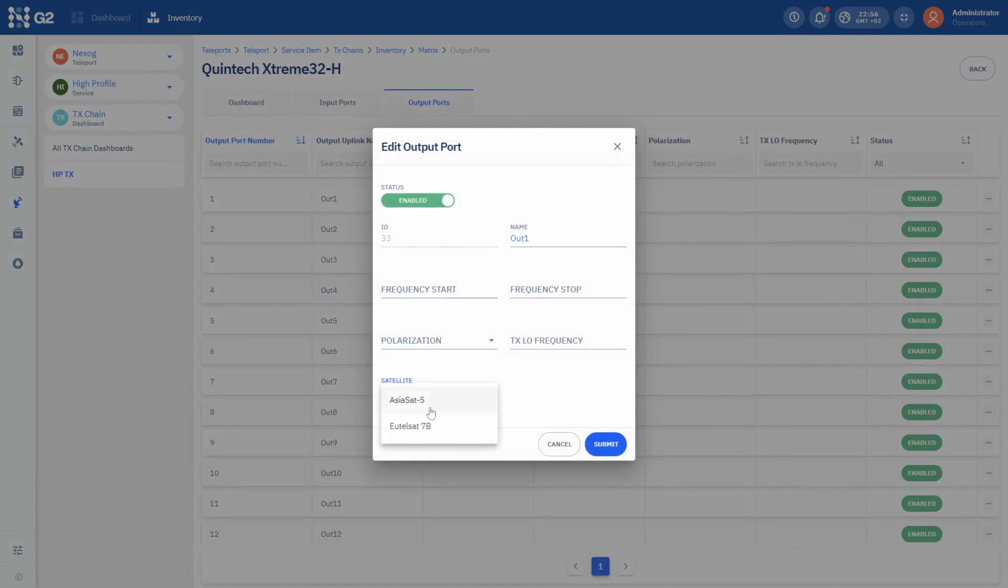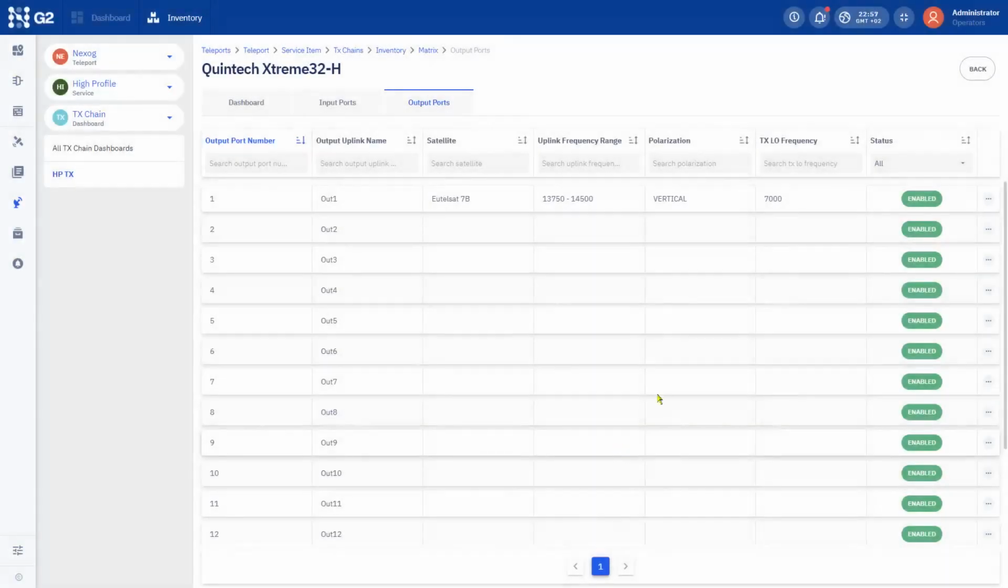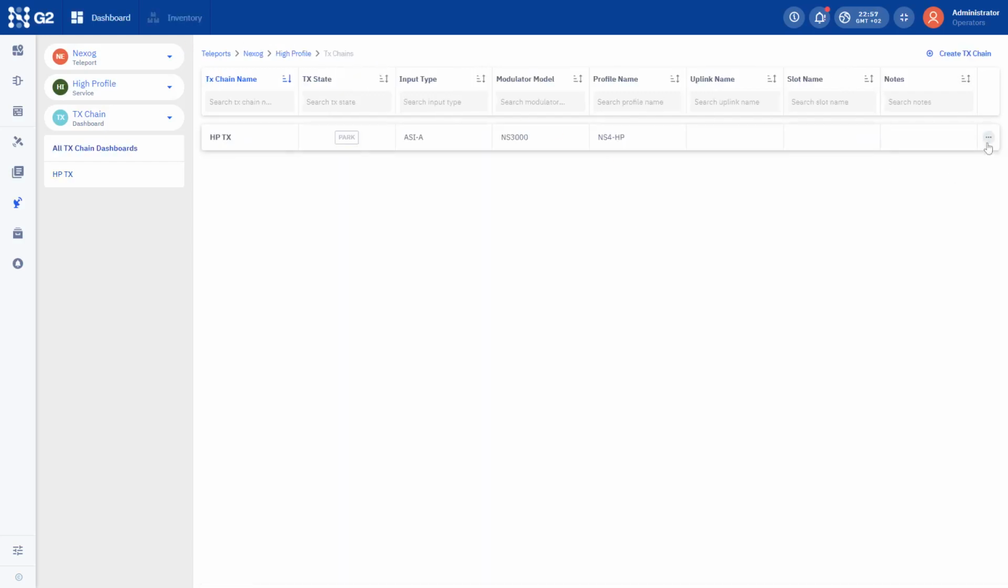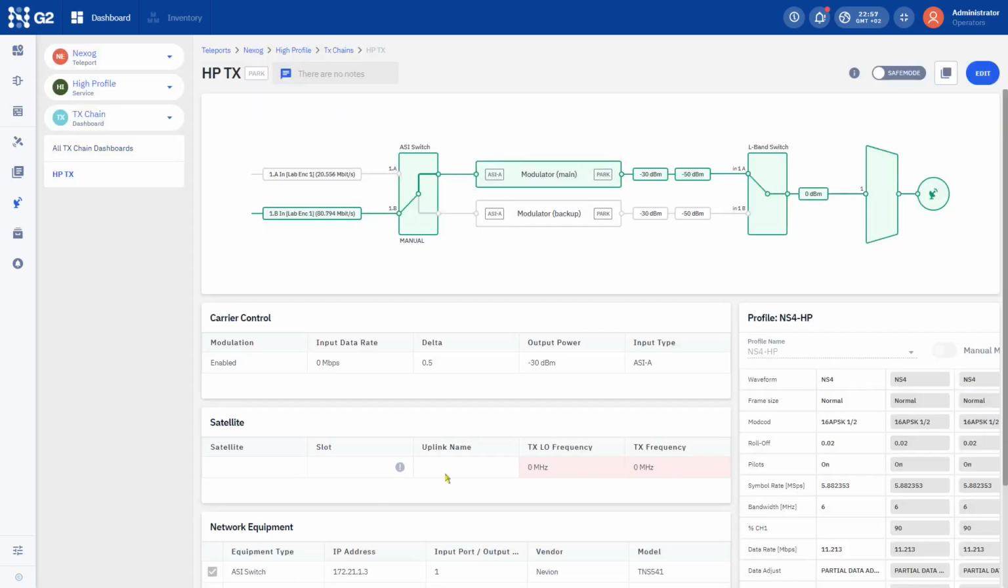We pick up the satellite. This is data again coming from our RF engineers. They give it to me. They need to prepare or to plan everything in advance, of course. I input all this data. So I can go back to my chain. And there's one more thing I need to do